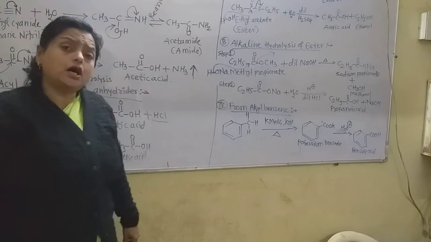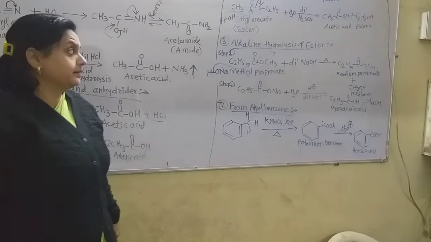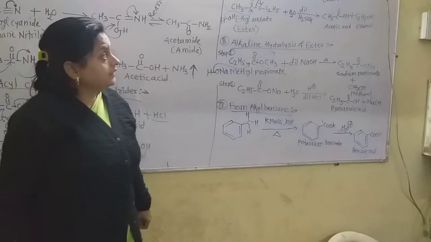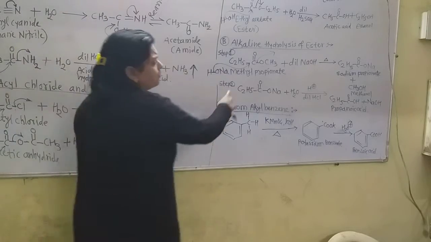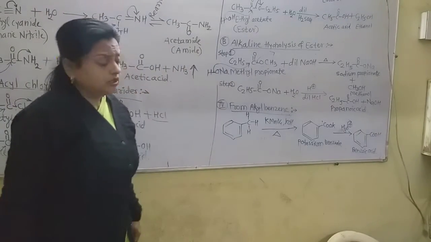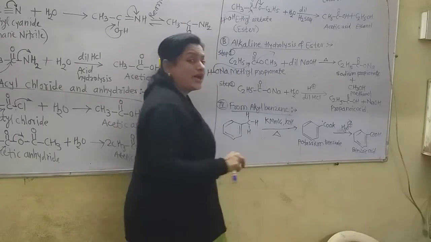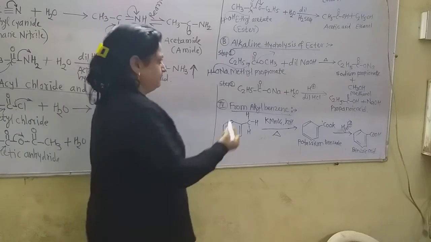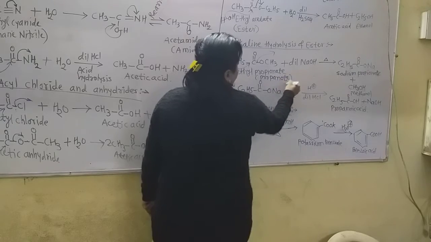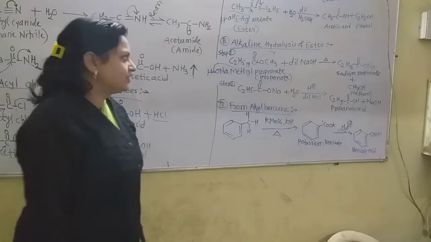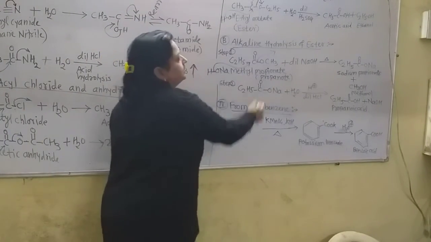Now in both reactions, acid hydrolysis and alkali hydrolysis, the byproducts are alcohol. Remember that. In acid hydrolysis we also obtain ethyl alcohol. Now I take here a higher ester. The name of this ester is methyl propionate or propanoate. Propanoate is the IUPAC name, and propionate is the common name. That means methyl propanoate or methyl propionate.